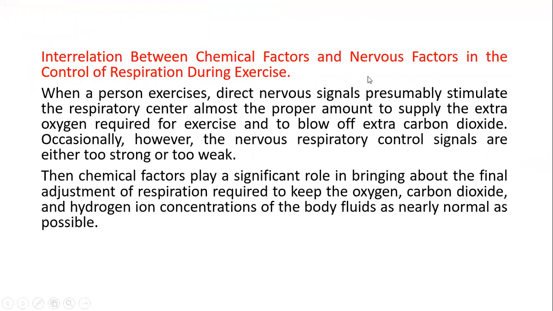Interrelation between chemical factors and nervous factors in the control of respiration during exercise. When a person exercises, direct nervous signals reasonably stimulate the respiratory center almost the proper amount to supply the extra oxygen required for exercise and to blow off extra carbon dioxide. Occasionally, however, the nervous respiratory control signals are either too strong or too weak. Then, chemical factors play a significant role in bringing about the final adjustment of respiration required to keep the oxygen, carbon dioxide, and hydrogen ion concentrations of the body fluids as nearly as normal